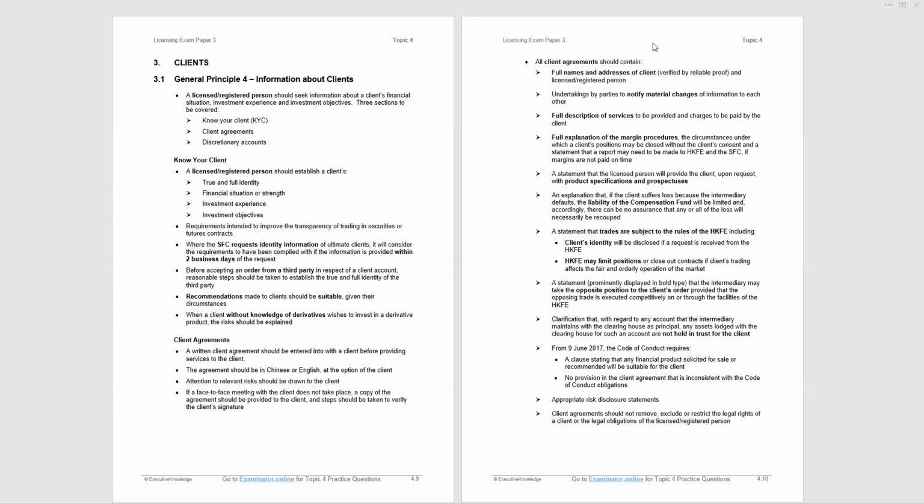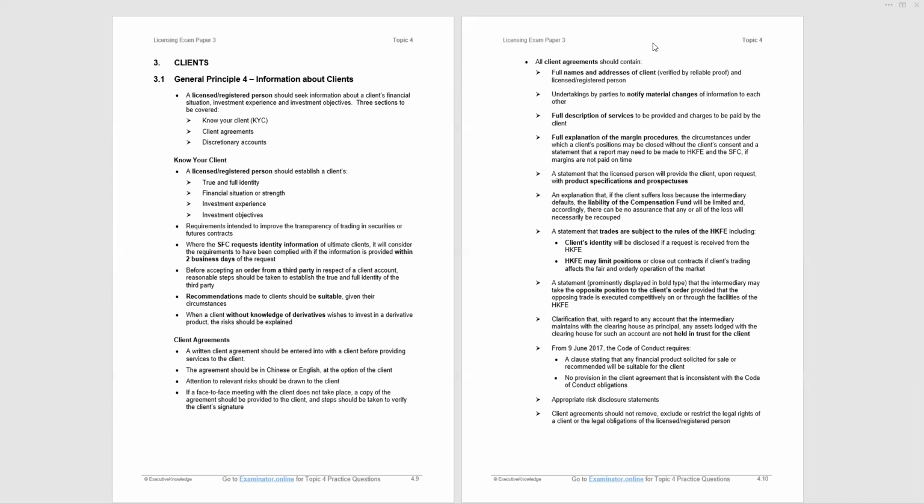So you've got to state this, rather the intermediary's got to state this in the client agreement, saying that any product that they're recommending must be suitable for the client. No provision in the client agreement should be inconsistent with the code of conduct. There should be appropriate risk disclosure statements. We'll look at those in a moment. And the client agreements should not remove, exclude, restrict the legal rights of a client or legal obligations of the